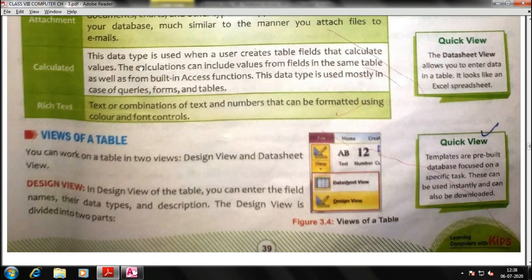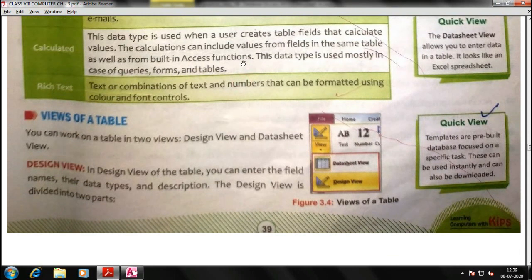Calculated is used when a user creates a table field that calculates values, a kind of condition. The calculations can include values from fields in the same table as well as from built-in Access functions. This data type is used mostly in queries, forms, and tables, right? Rich text is simple text or a combination of text and numbers that can be formatted using colors and font colors, right?